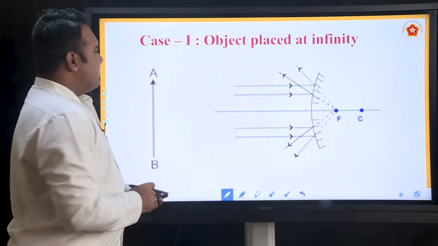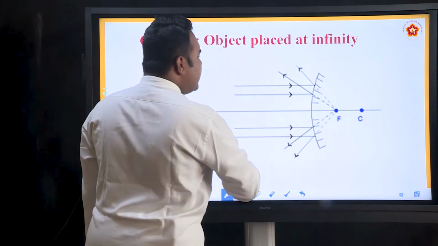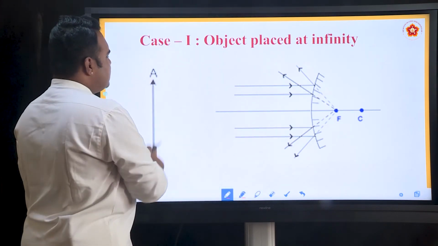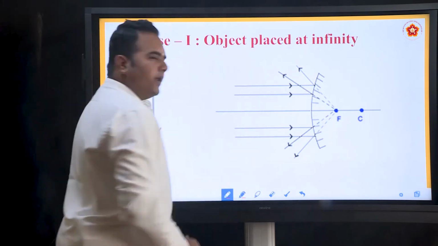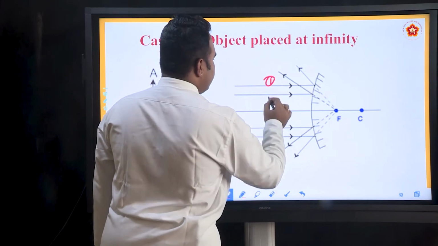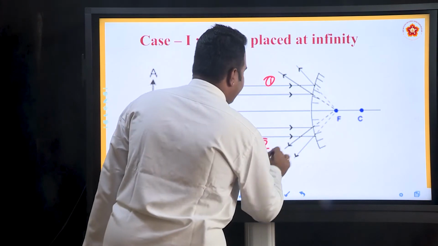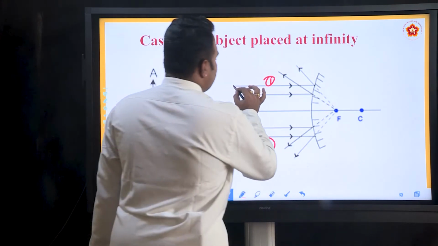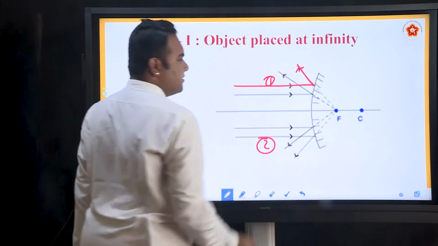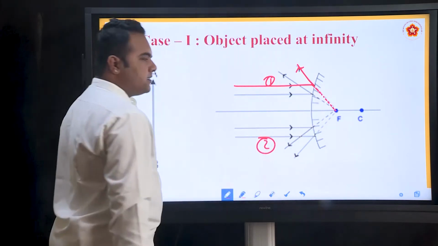Object placed at infinity. Now, again we place the object at infinity. So, on this side of the mirror we do not have any particular points. Let us check why. Object is placed at infinity, parallel rays of light are coming. Out of many parallel rays of light that are coming, I can choose any, we have taken 4 cases here, but let us choose only 2 for simplicity. So, this ray of light that is coming parallel, after hitting the mirror surface, it is diverging, and this appears to pass through the focus of the mirror.